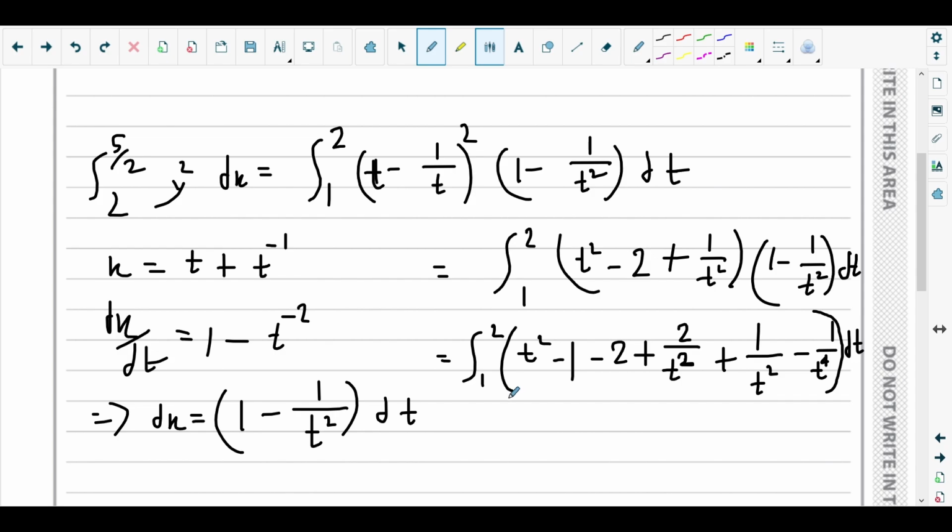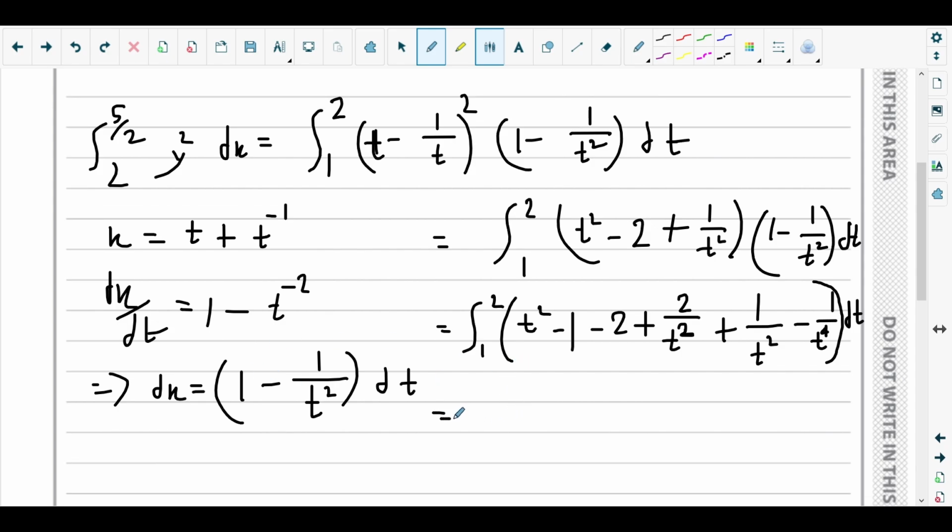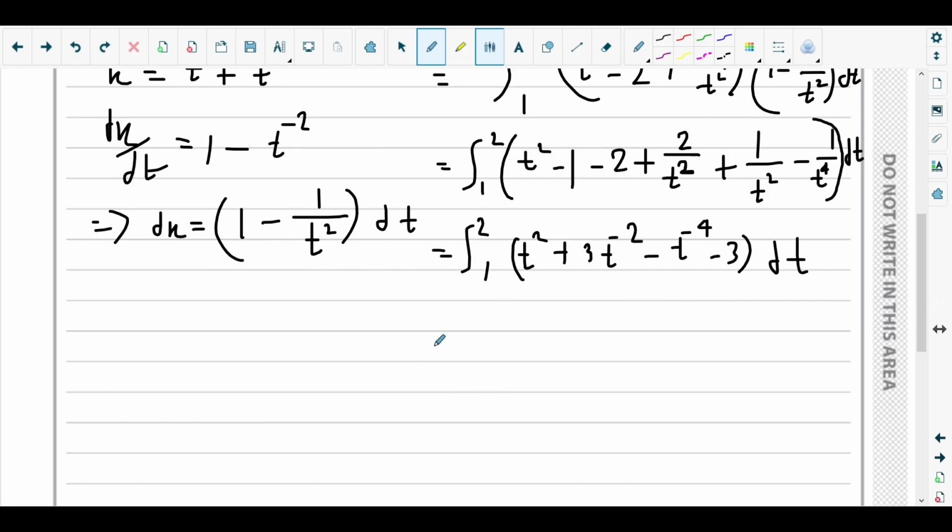Right? Now what's our work? Do the manipulation. What will you get? Just t squared, then plus 2 over t squared plus 1 over t squared, that is 3 over t squared, that is 3 t inverse 2, negative 1 negative 2, that is negative 3, so negative t inverse 4 and then negative 3. Okay, fair enough. Next is just to integrate within the